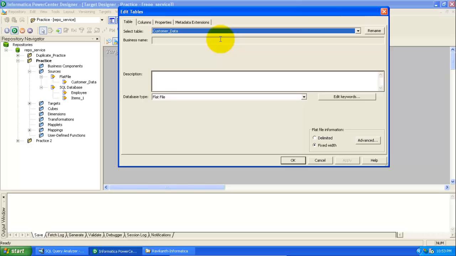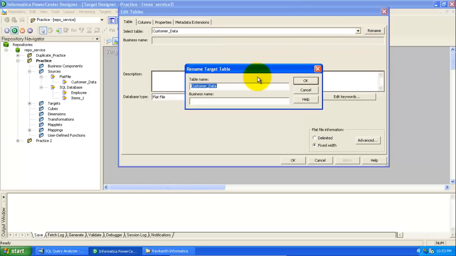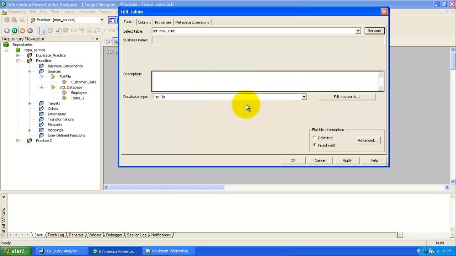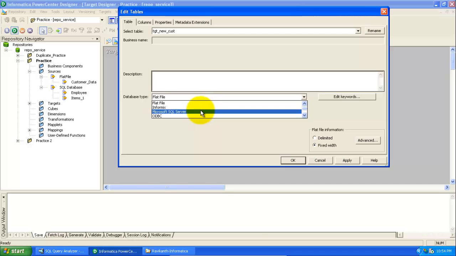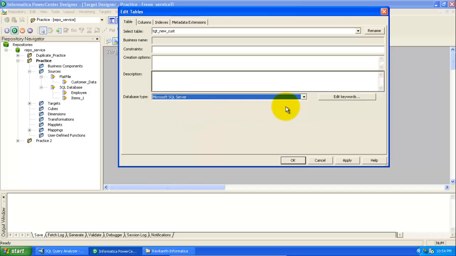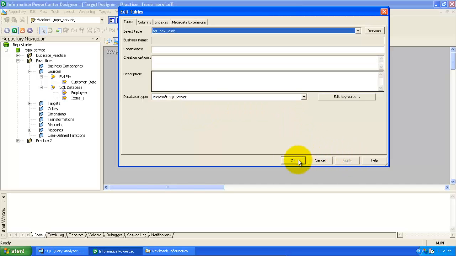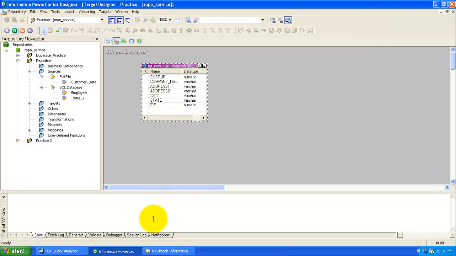Click on this and rename the target as tgt underscore new underscore customer. Now click OK and select the database type as Microsoft SQL Server. Click apply, click OK.